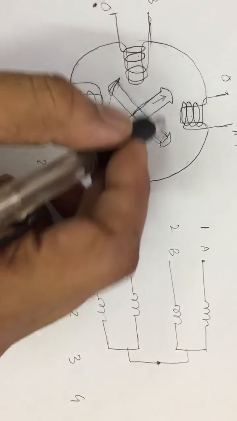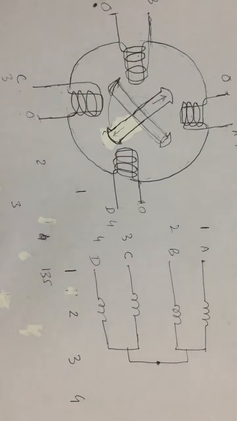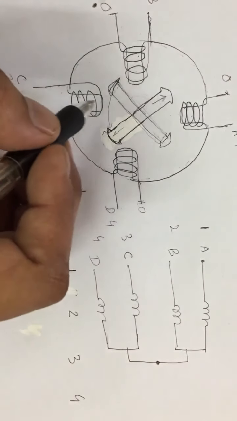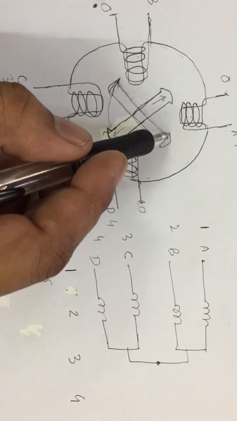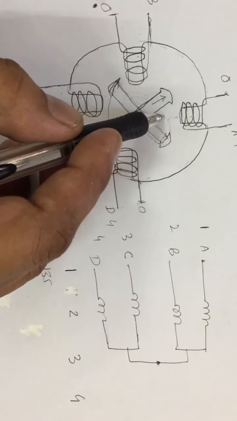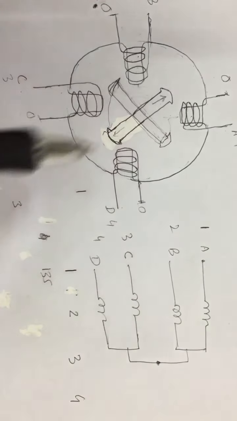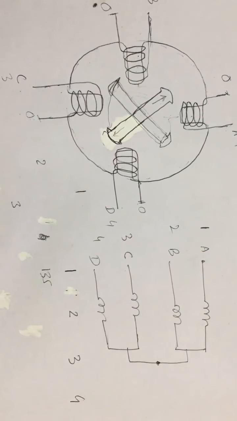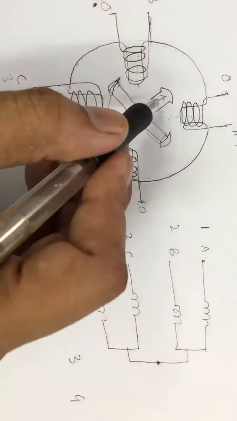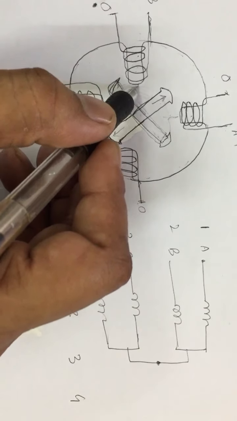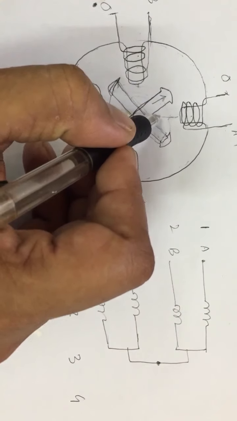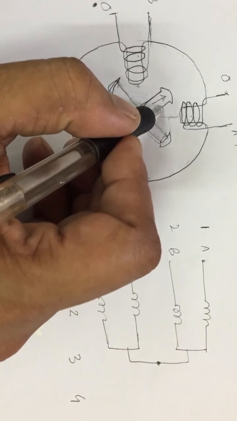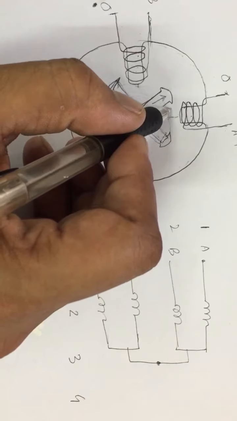There are 4 teeth here, and if we energize these 2, this will come in this direction and this will come in this direction, either clockwise or anti-clockwise. So the step angle that was 90 degrees earlier becomes only half of 90, that is 45